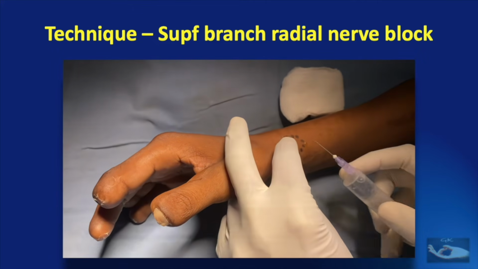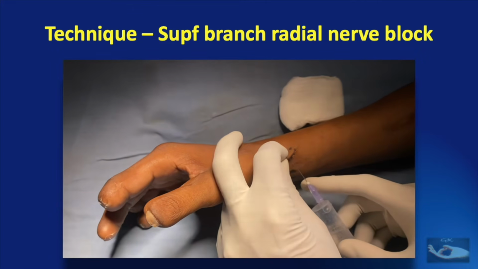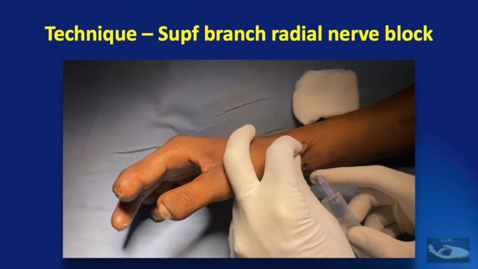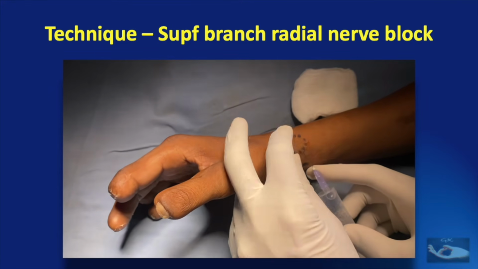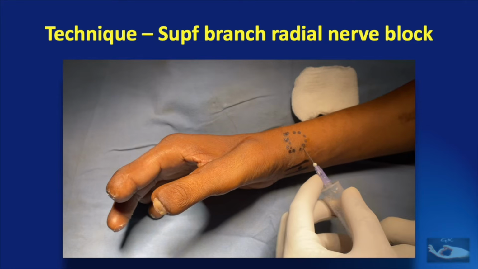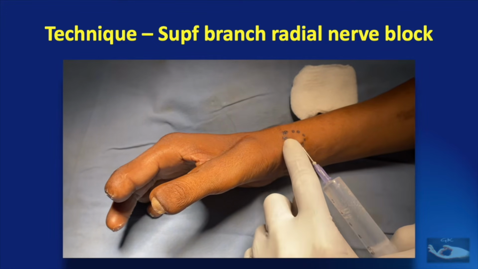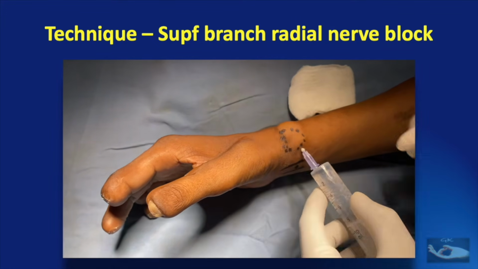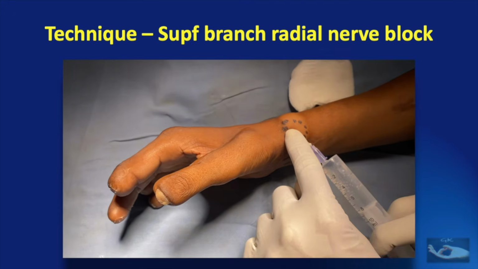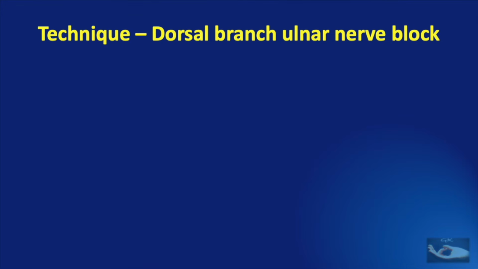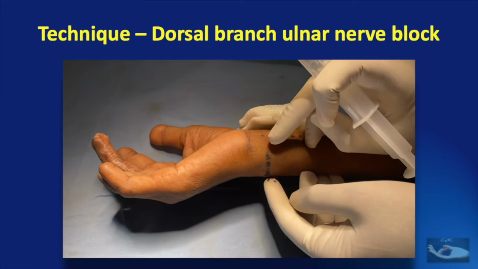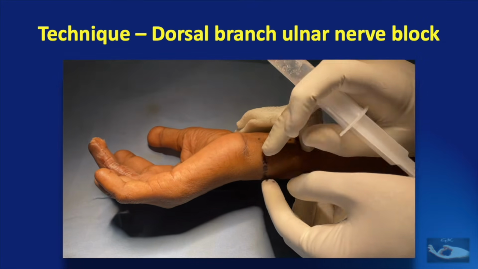About 6 ml of the solution is prepared and the injection is made after pinching up the skin on this area. Aspiration must be done to avoid injecting into the cephalic vein, and the drug is injected over the area that has been designated. Finally, the dorsal cutaneous branch of the ulnar nerve is blocked by injecting a subcutaneous cuff